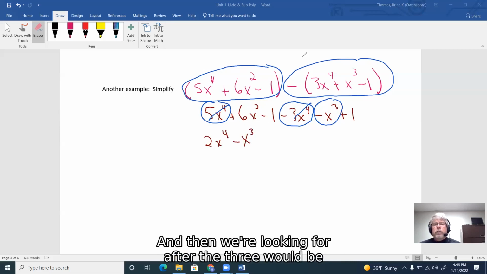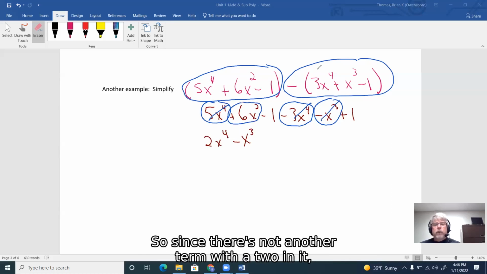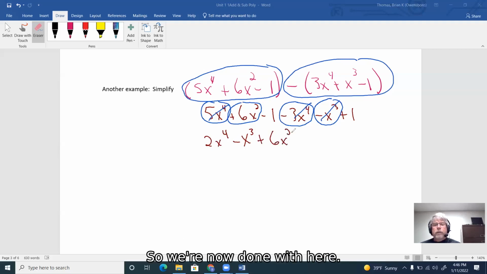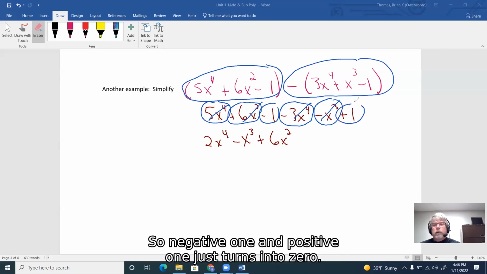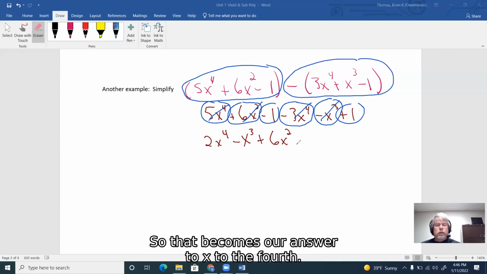And then after the 3 would be the 2. Since there's not another term with a 2 in it, he would just drop down as plus 6x squared. So we're now done with him. Now all we're left with is a negative 1 and this positive 1. So negative 1 and a positive 1 just turns into a 0, and so we don't have to bring that down. So that becomes our answer, 2x to the fourth